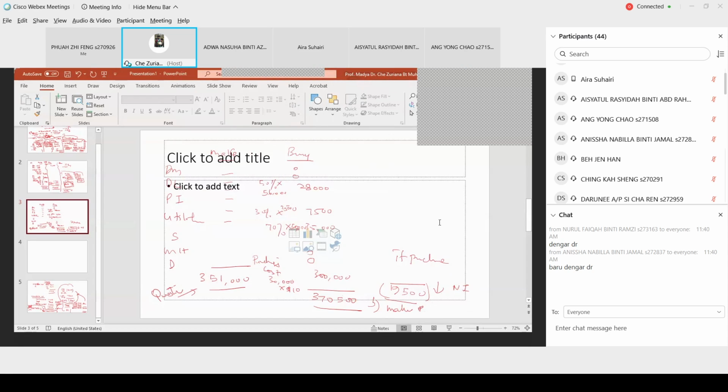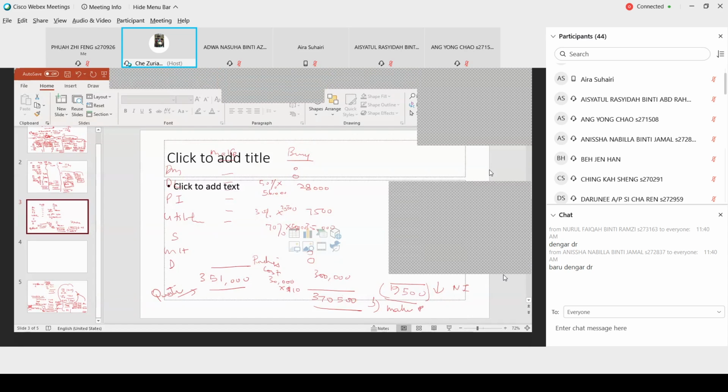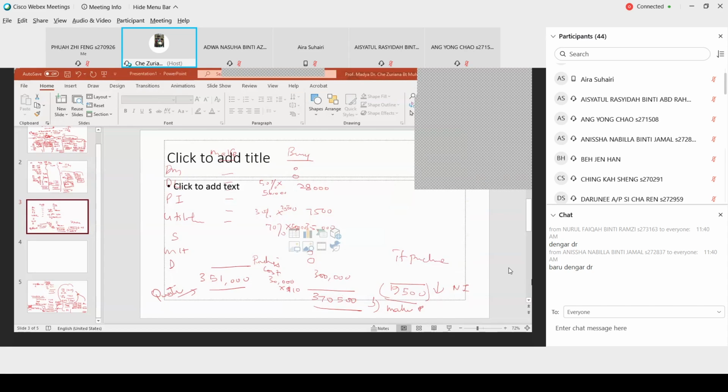Alright, answer dia make. This one. Okay, so any question? So this is exercise 4. Okay, nanti you balik, you buat balik lah. So ada soalan tak yang ni? Any question for this? So we finish the exercise 1 until 4. So you balik buat balik. Kalau you ada problem, you can WhatsApp me.